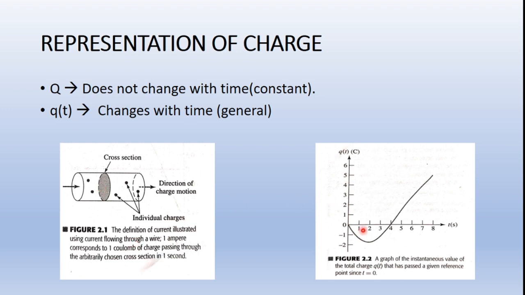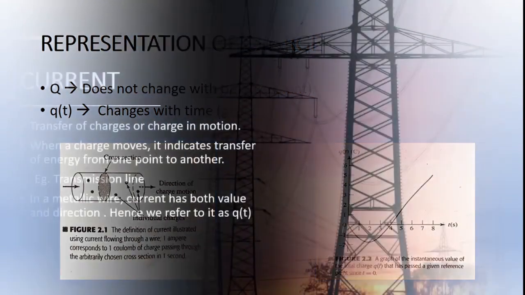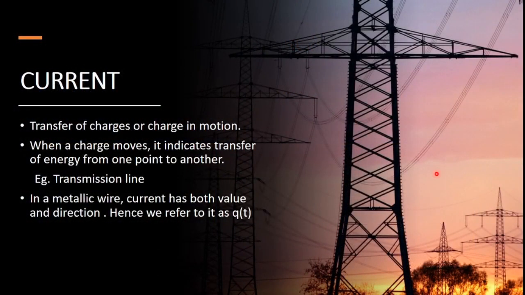Fine. And this is a graph. As we said here, the charge definitely varies with time, because when you connect your mobile phone to your power bank, the charge in the power bank gets reduced as your mobile phone gets charged, which means it varies with time. So this graph represents how your charge gets reduced or increased with time. So charges in general are time variant quantities, which means they vary with time, and mostly we cannot say that charges are constant in nature. So this is all about charges.